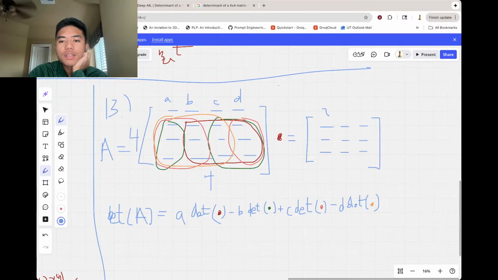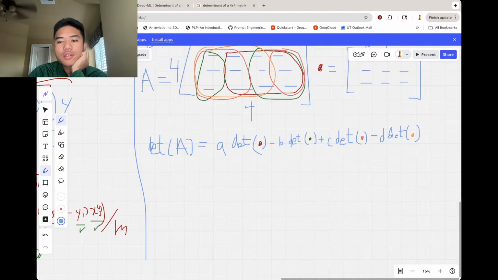And let the top row be x, y, z, okay? So we have this equation. Then we need to find a way to calculate the determinant of each 3 by 3 matrix. Well, this would be x times the determinant of